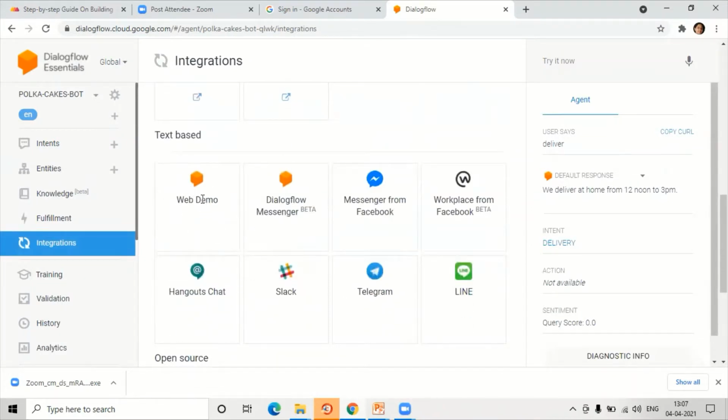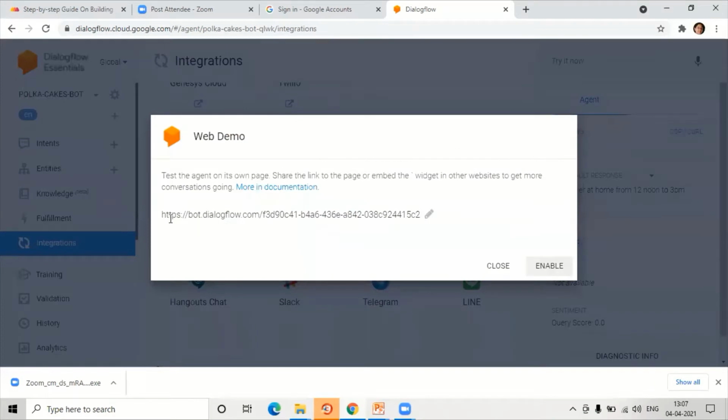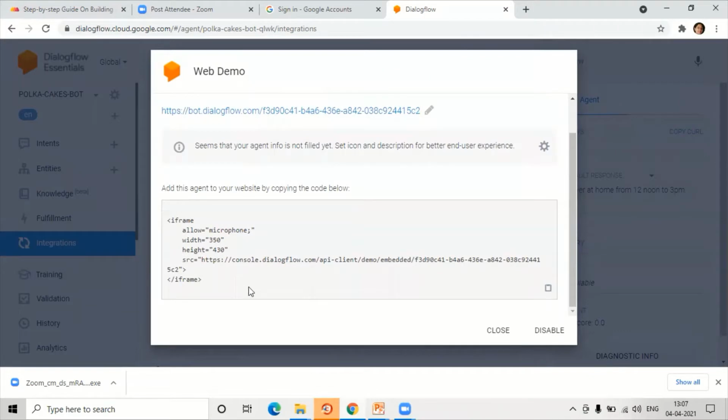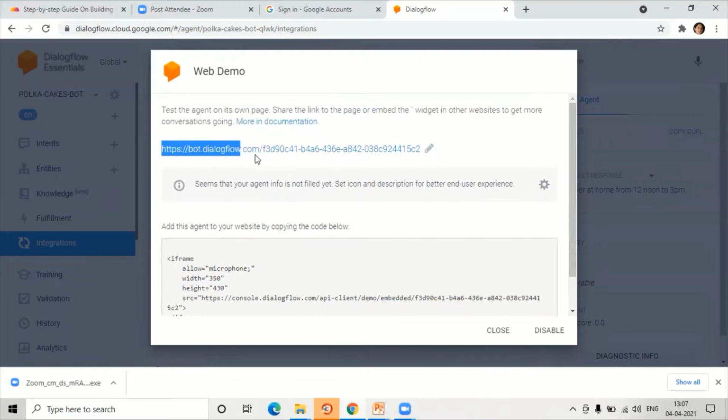We click on this and we enable it. You have to click on enable, only then our bot can be embedded in websites and be used anywhere. So this is the code which you can copy onto your website if you want your chat to be available there.